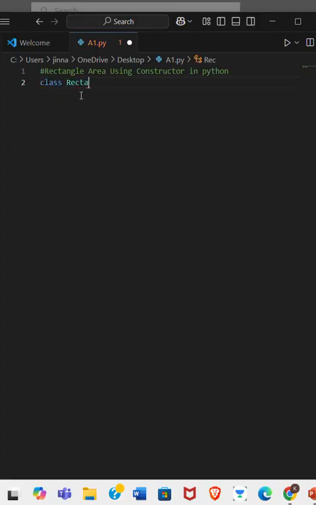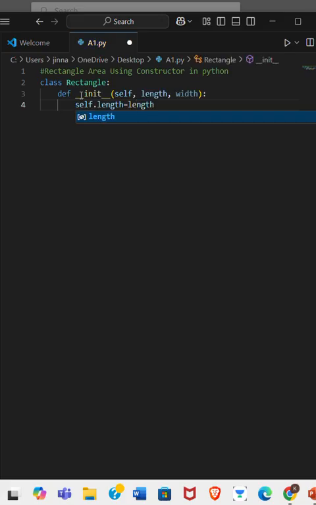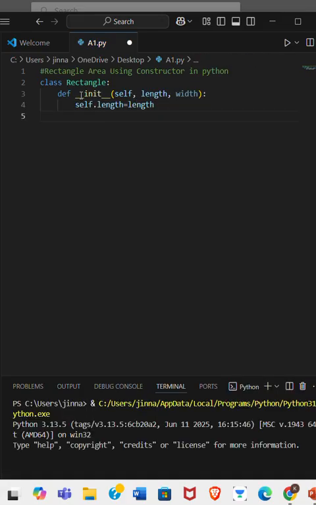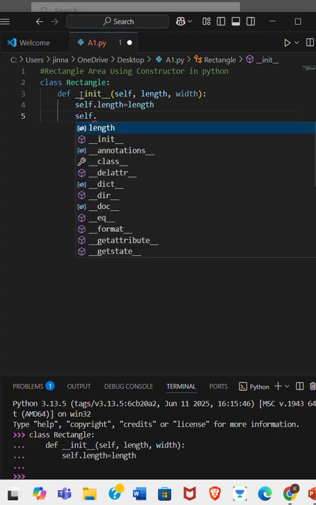So I'm creating a class Rectangle here, and it is going to have a constructor with the help of the init keyword, and it is going to take the self parameter, length and, let's say, width. So we know the formula of the area of a rectangle. Let me first take the length, and here I can get the self dot